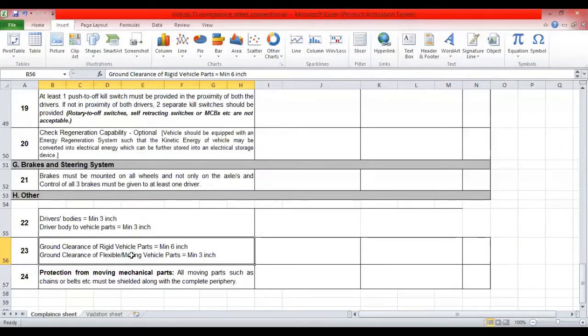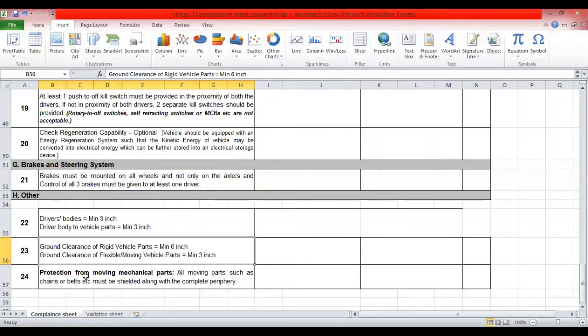And whatever parts are moving, like chain, pedal, or your sprocket and all, that should be minimum 3 inch. The parts which move up and down also need minimum 3 inch. So that rule is pretty clear, I hope.